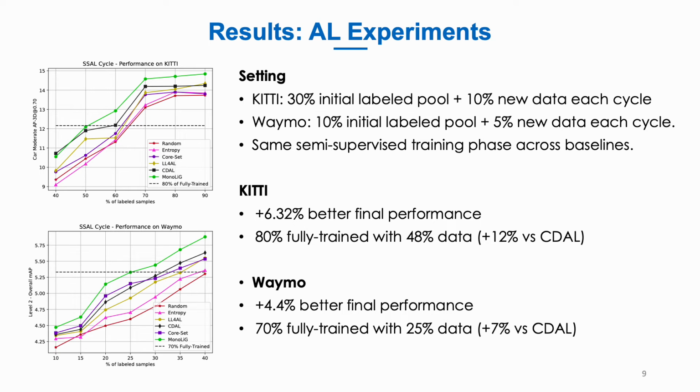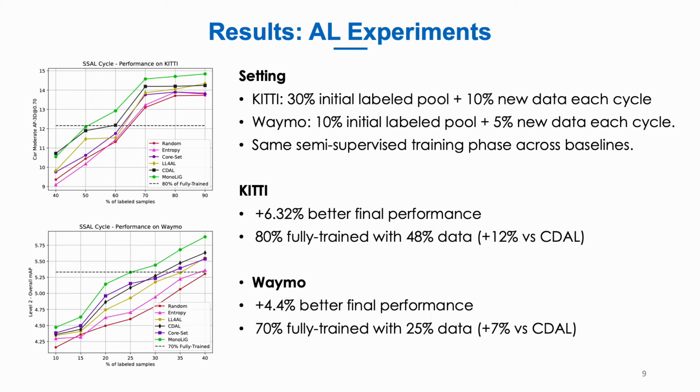In the Waymo, we observe similar gains, where we have 4.54% better final performance, and we reach 70% of the fully trained performance with just using 25% of the data. So in the KITTI, this corresponds to a 12% increase over the state-of-the-art CDAL, and in the Waymo, it corresponds